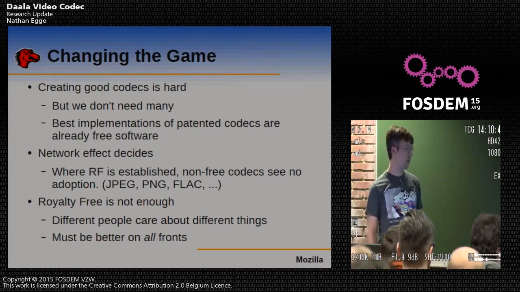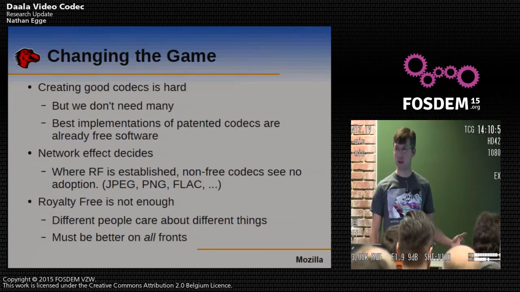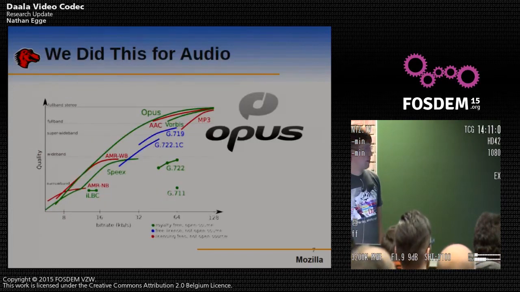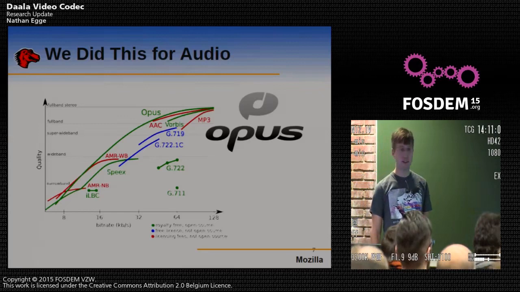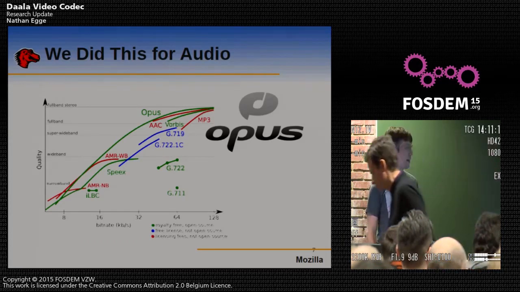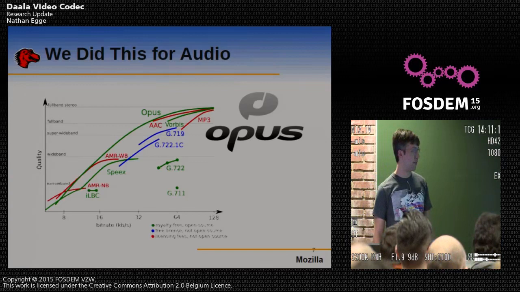And so at Xiph, we shipped other codecs. We shipped Theora, and we shipped Vorbis, and these were not best in class for those use cases at that time, and they didn't see great adoption, even though they were royalty-free, and in some cases significantly better. And so what we did at Xiph is we then made Opus. Opus is an example of a royalty-free audio codec that we did at the IETF standards body, and Opus is better almost across the board for every use case, and it basically made like 10 other codecs obsolete.